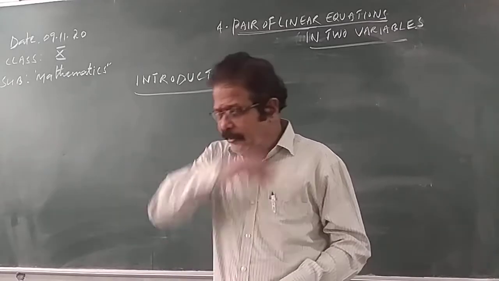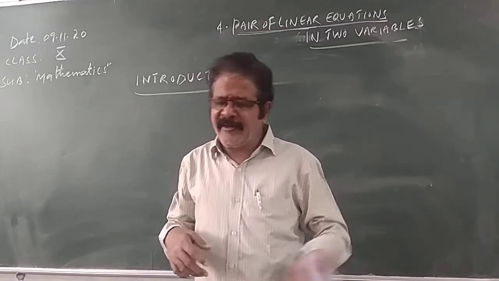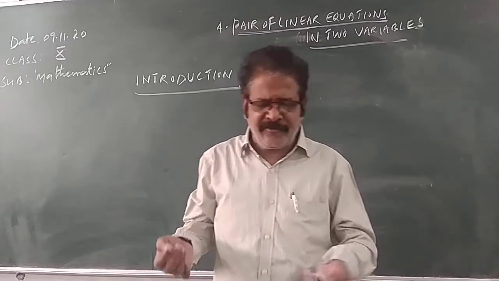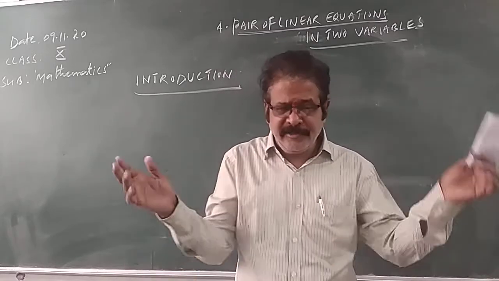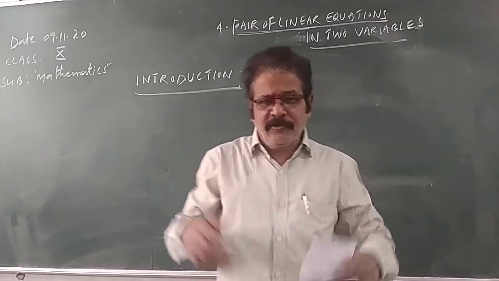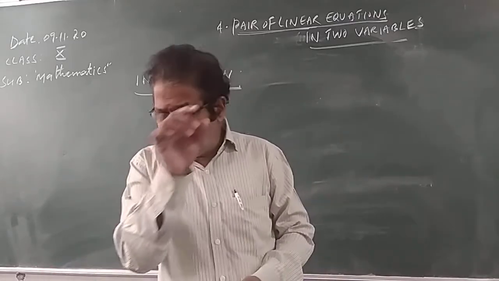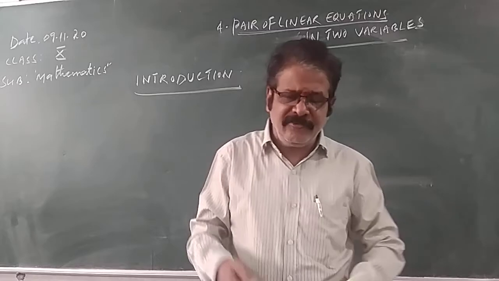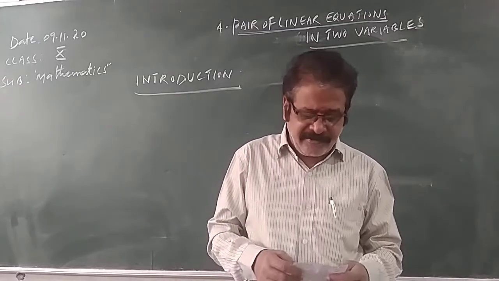If one of the zeros is 2, its factor is x minus 2. If one of the zeros is minus 2, its factor is x plus 2. Find the product of these, and divide the given polynomial by this product. You will get another second degree polynomial, and when you factorize it, you will get the other 2 zeros, which we discussed in the last class.